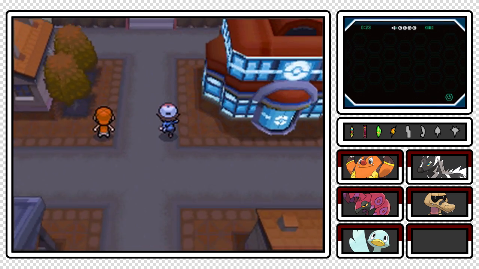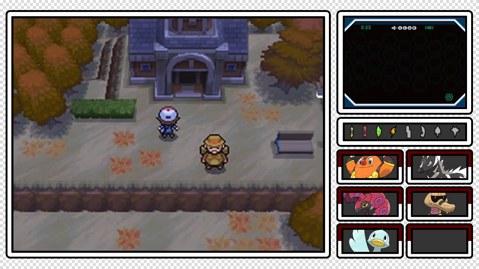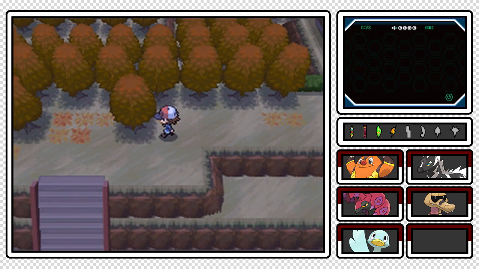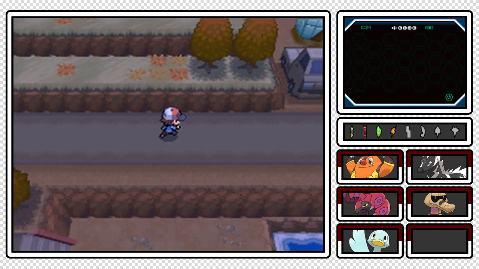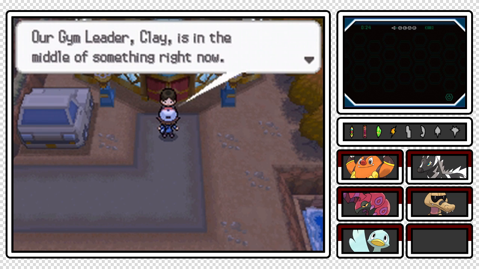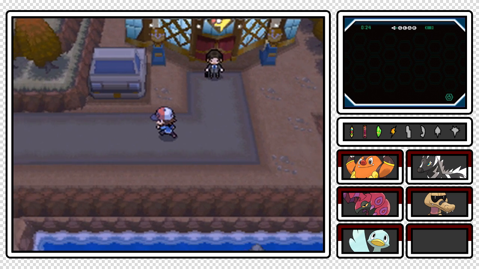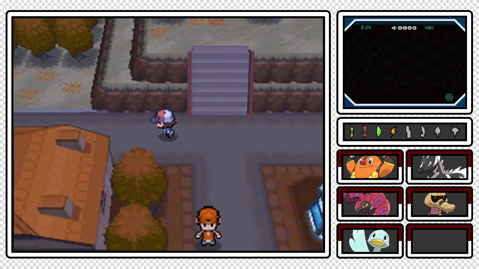Alright, everybody's healed up. Now, let's go up here. But unfortunately, there's like nothing up here. The people in this building talk about the Entralink, which I can't really show off. So, that sucks. Anyway, if we go over here, there's this businessman standing here in front of this gym. Our gym leader, Clay, is in the middle of something right now. Please, come again later. Okay then, well, how about we go to the west on to...